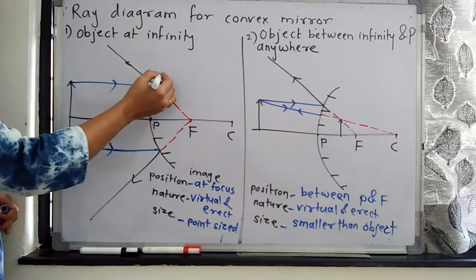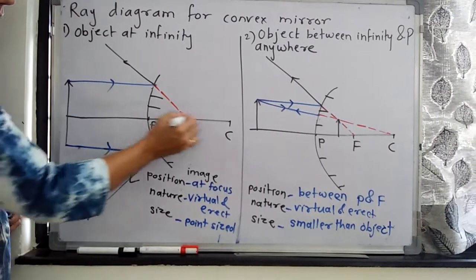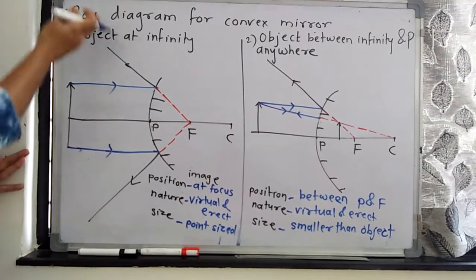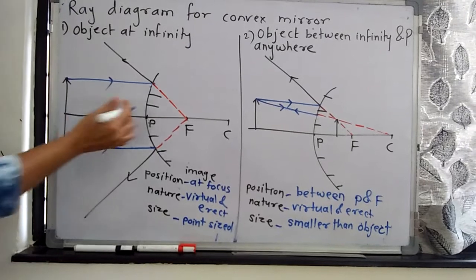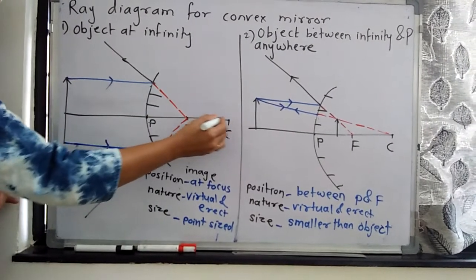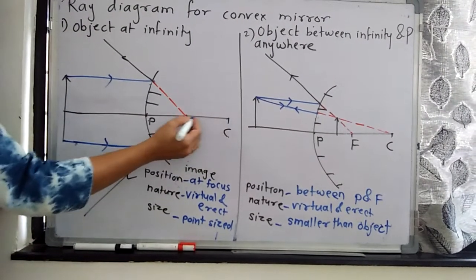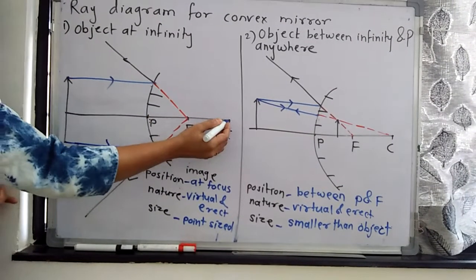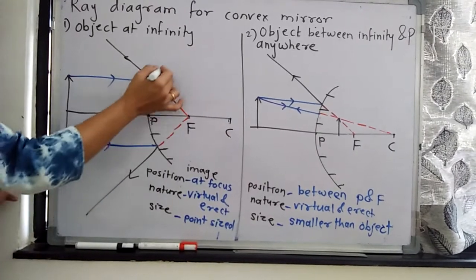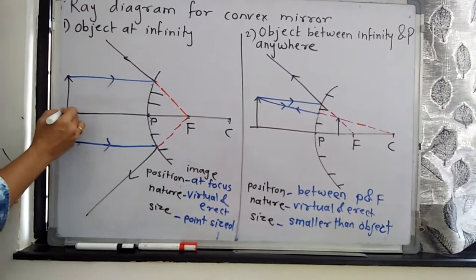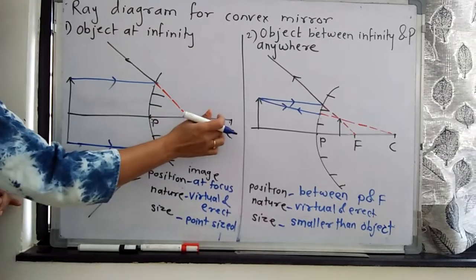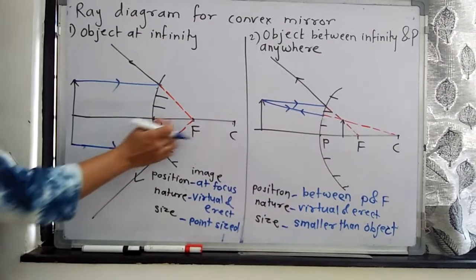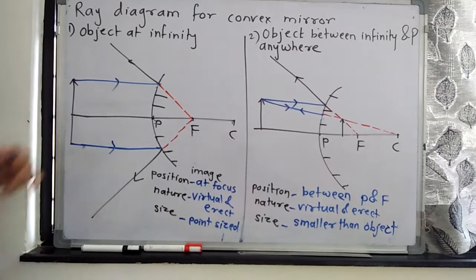Now here what is this? This is principal axis, and this distance we have to take the measurement here, actually drawing the ray diagram. So here we have 8 centimeter distance, and here C F P, 0, 4, 8. So this is center of curvature, focus and pole, and this is convex mirror. This is principal axis. This distance is 8 centimeter. Focus is the exact middle point of this 8 centimeter line segment.